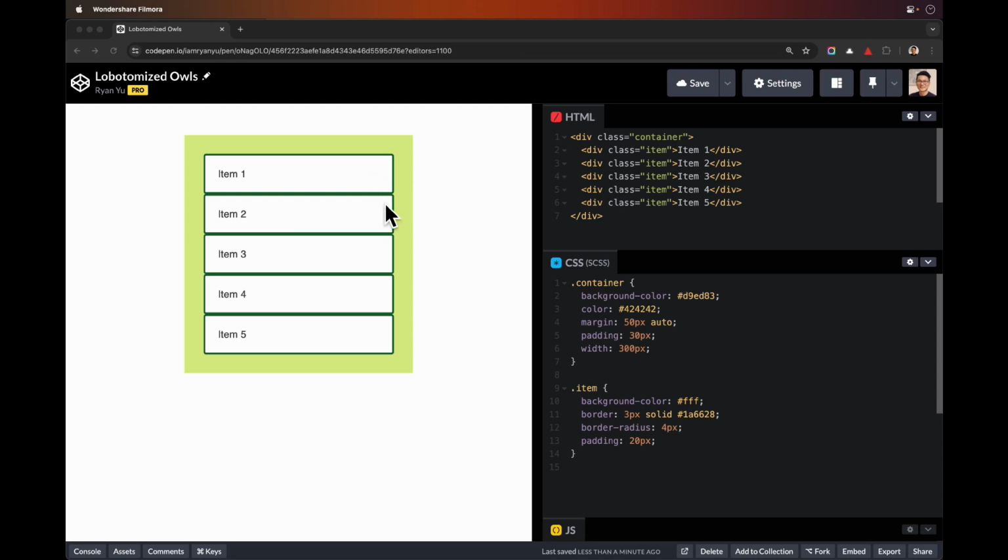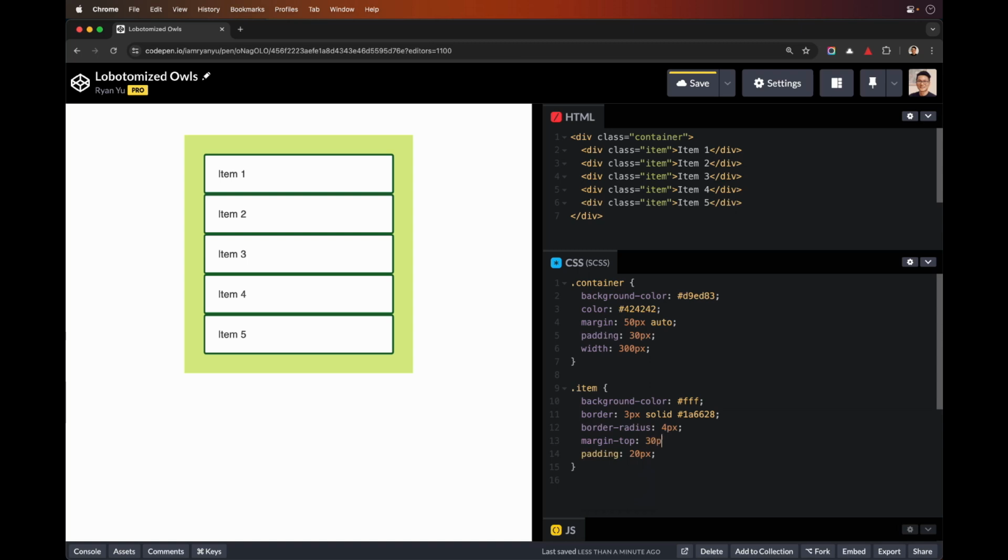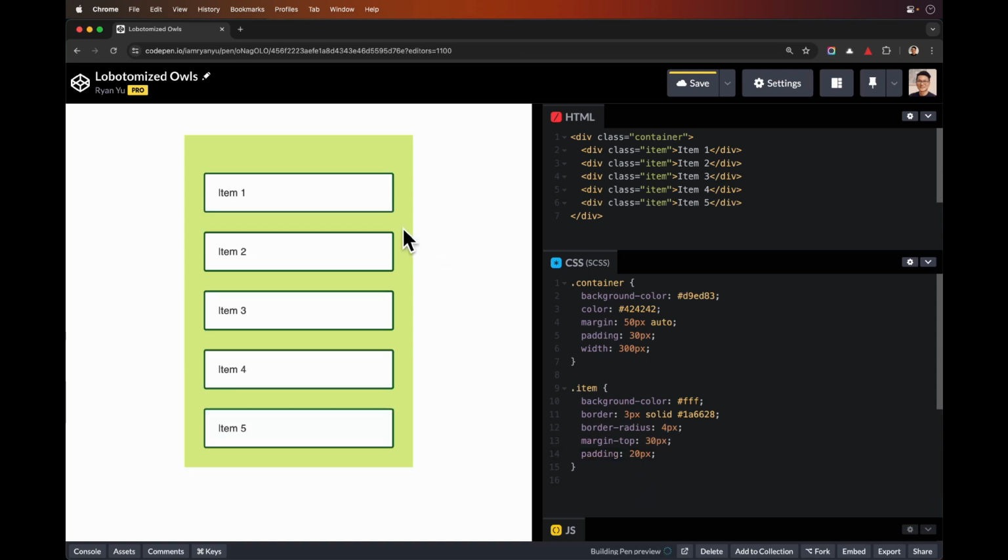The first approach is to add a margin top to the item CSS rule. So let's do that. I'm going to have a margin top of 30 pixels. Great, so we've got some margins between item boxes. However, the margin top from the first item box is causing a bigger margin than the other margins between item